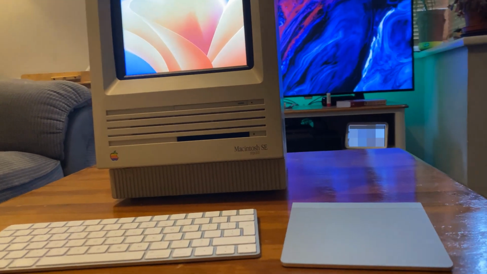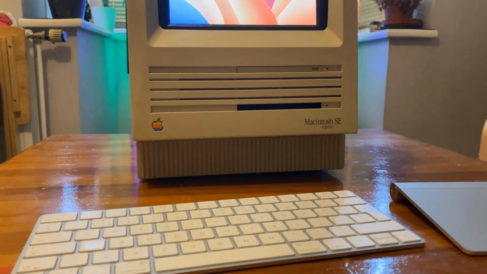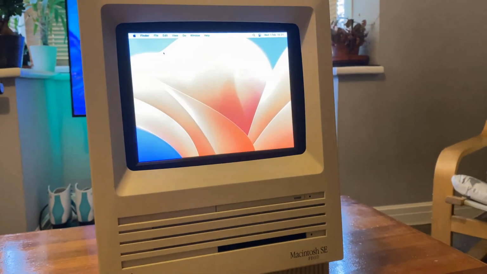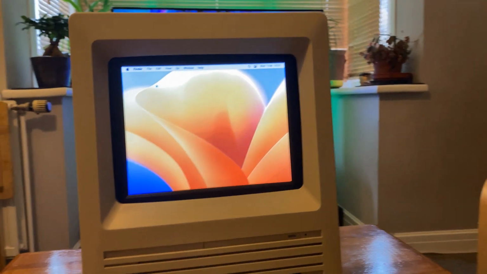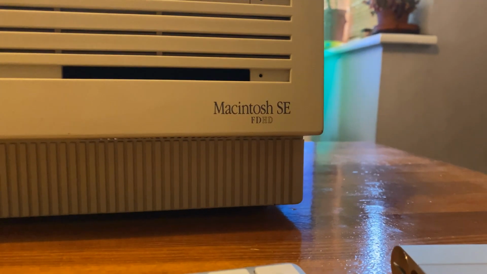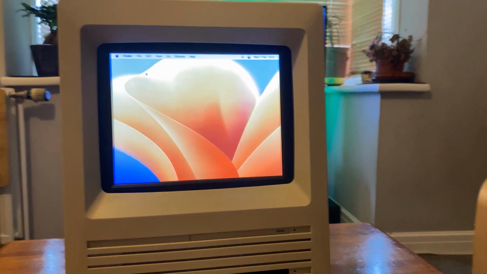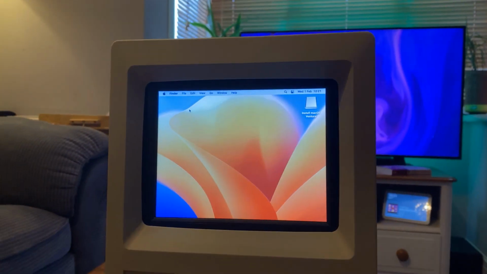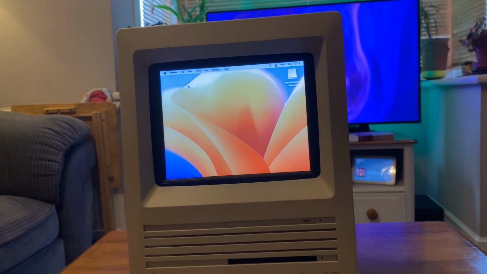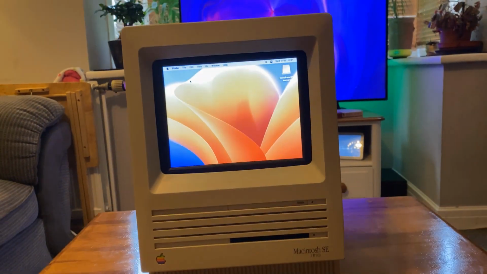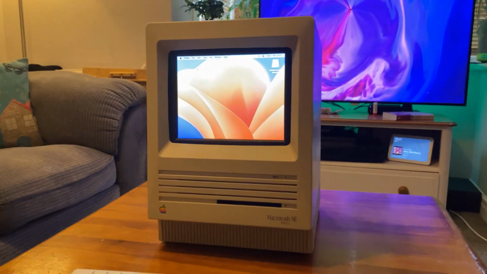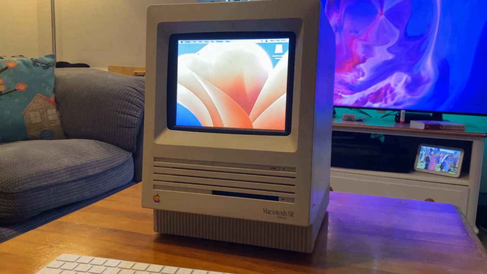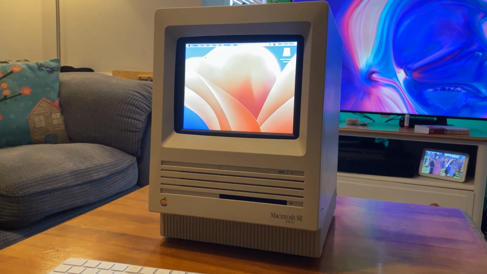Now, if you follow my Twitter, you'll know that I've been working on a little project since January, trying to turn my own old, broken Macintosh SE into a fully working new computer. I had a spare Mac Mini lying around. I know not everybody has one, but it wasn't being used for much, and I'd heard that they fit perfectly inside. So I took it upon myself to gut the Macintosh SE and put a